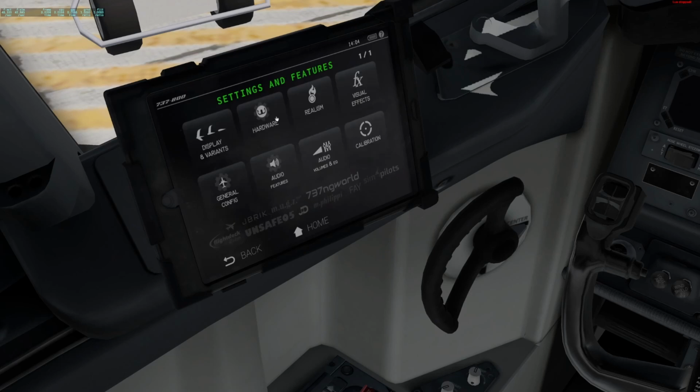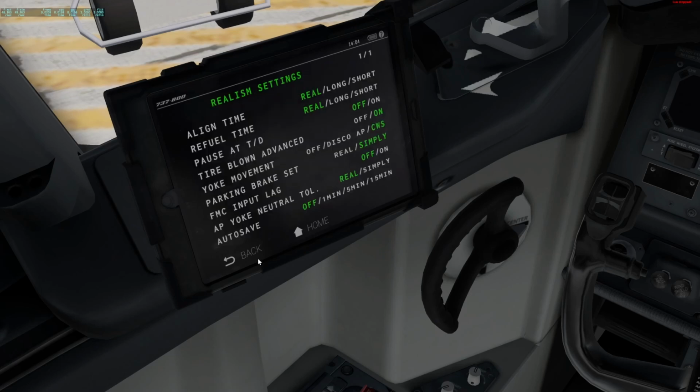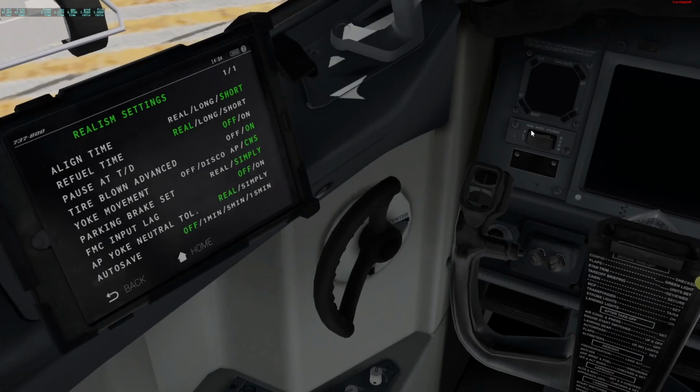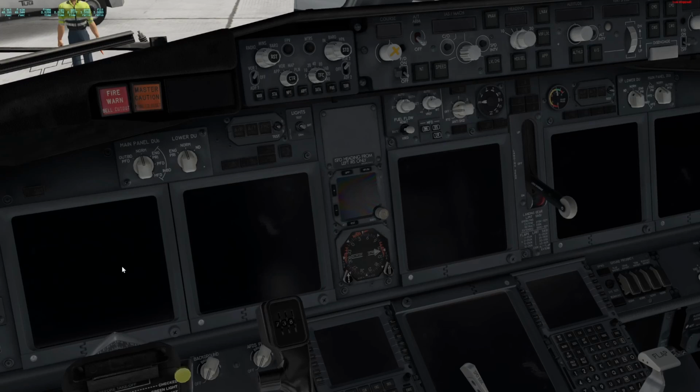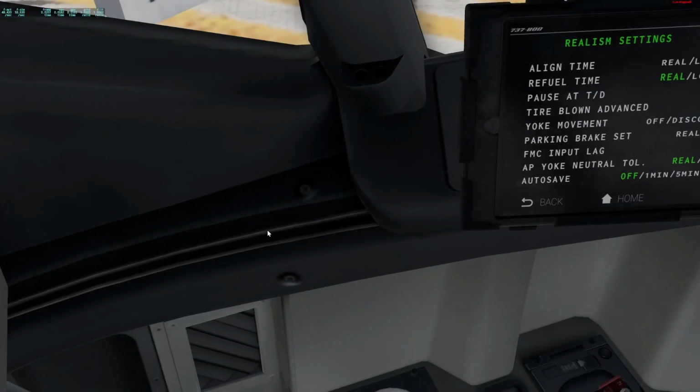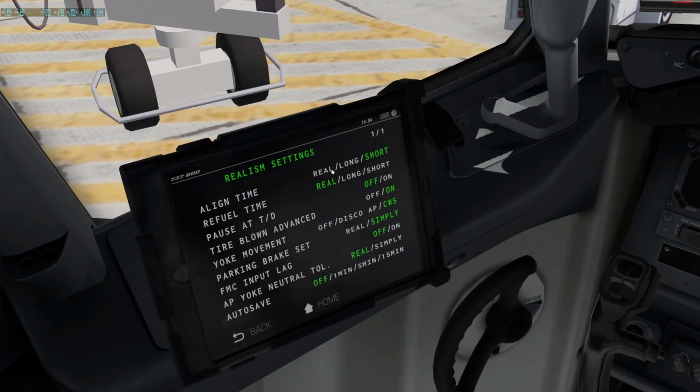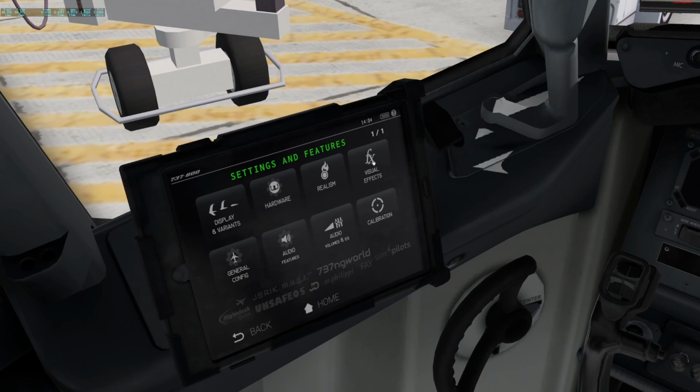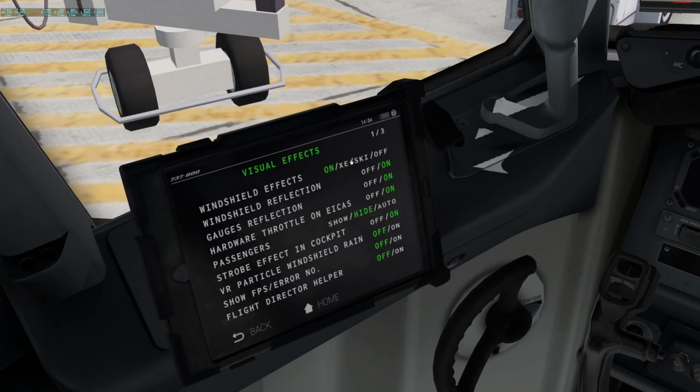You want to set the align time in the realism page to short, because it's going to take a long time to align the systems, the instruments, all the displays, if you set it to real or long. So you set it to short, and then it's not going to take so long. Then visual effects, you want to set the visual effects to ski, and then you can also show the passengers,